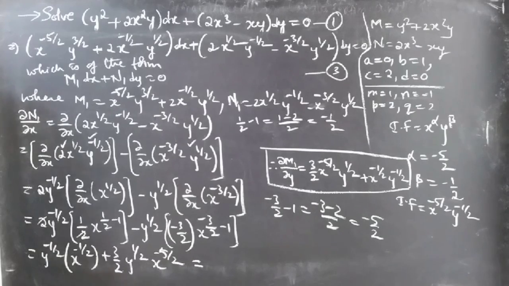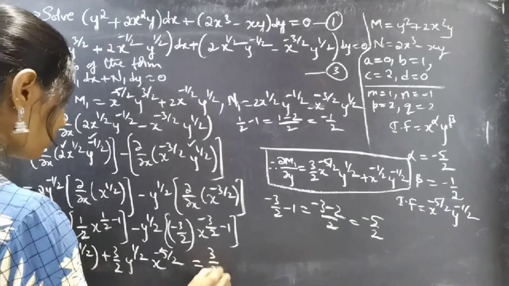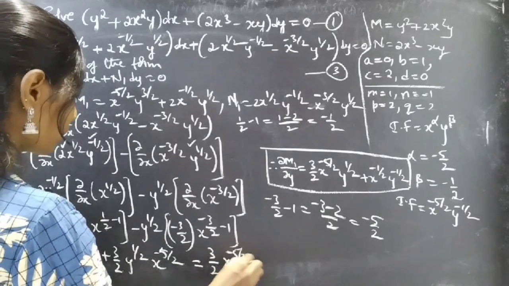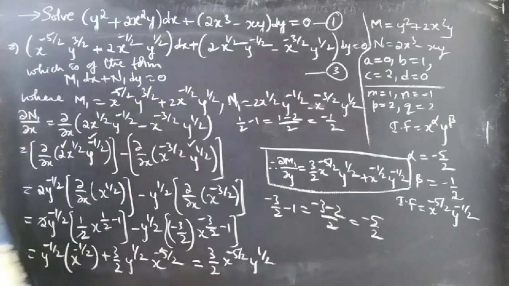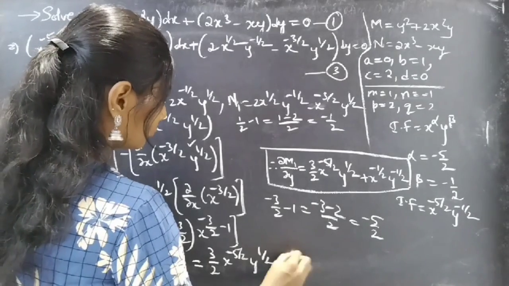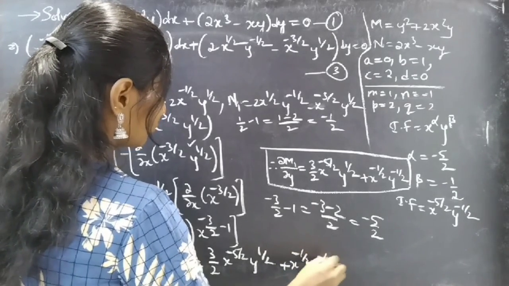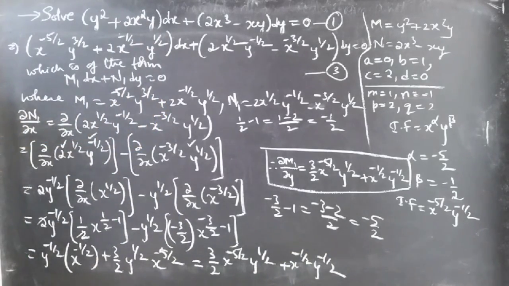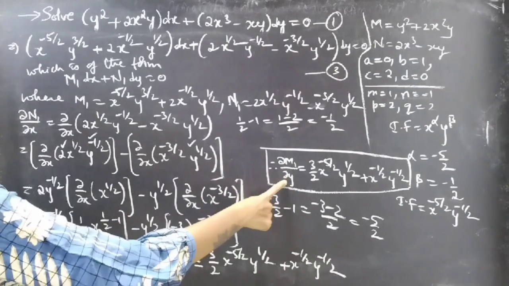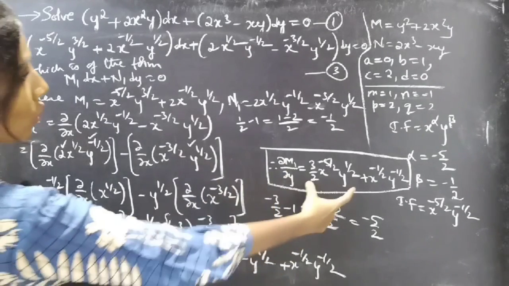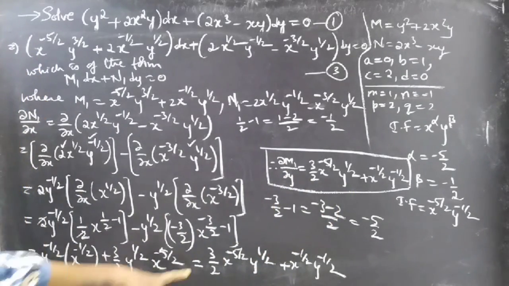Or we can write this as 3 by 2 x power minus 5 by 2 y power 1 by 2 plus x power minus 1 by 2 y power minus 1 by 2. So if you notice, partial derivative of m1 with respect to y is equal to partial derivative of n1 with respect to x,